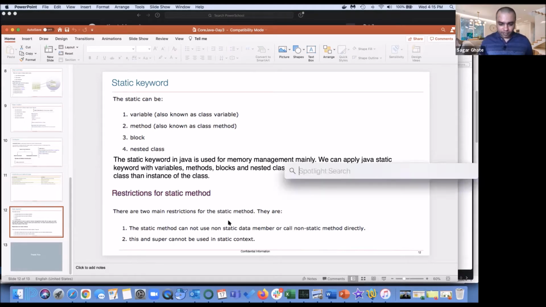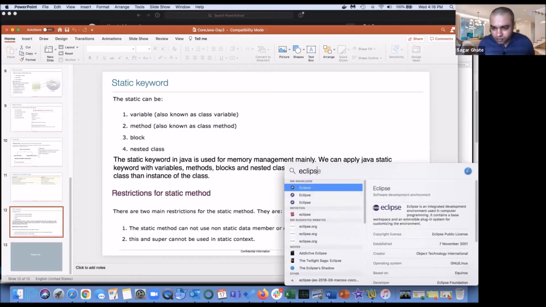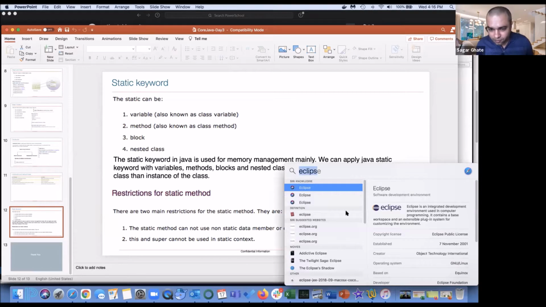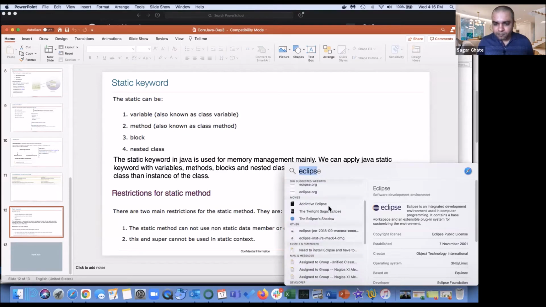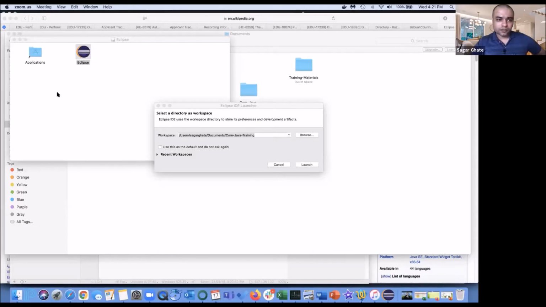I will be opening my Eclipse. Right now what I will be doing is opening my Eclipse.